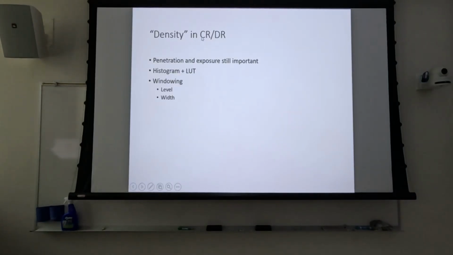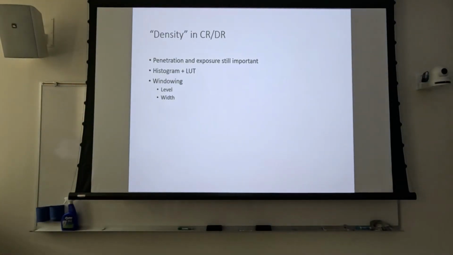Okay, so density in CR and DR is not density. It's exposure as represented by our index number. So penetration is still important. Penetration is your KVP, and exposure is still important. We still have to have our exposure within a reasonable range